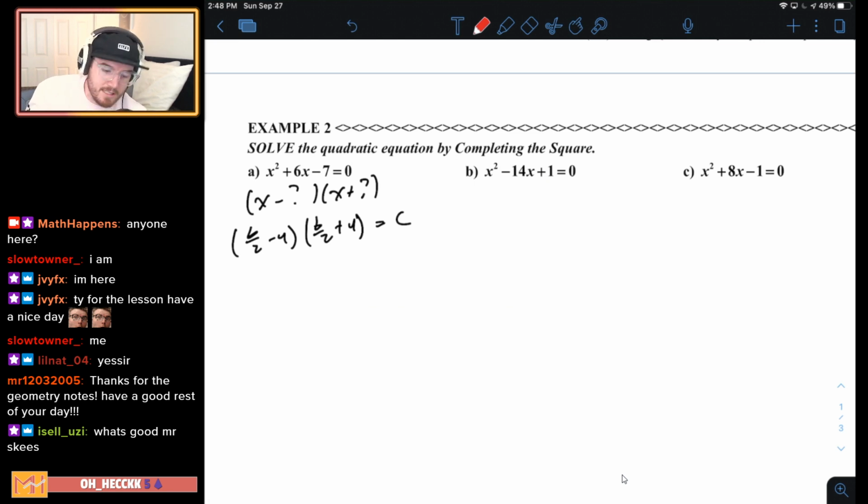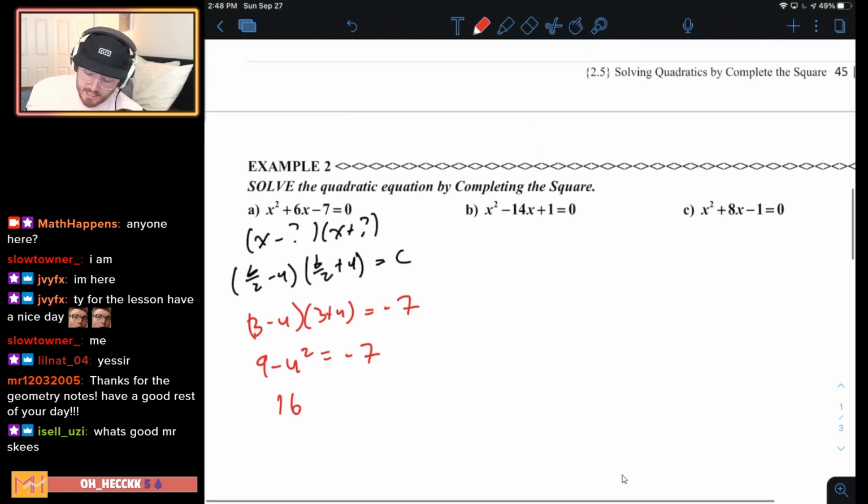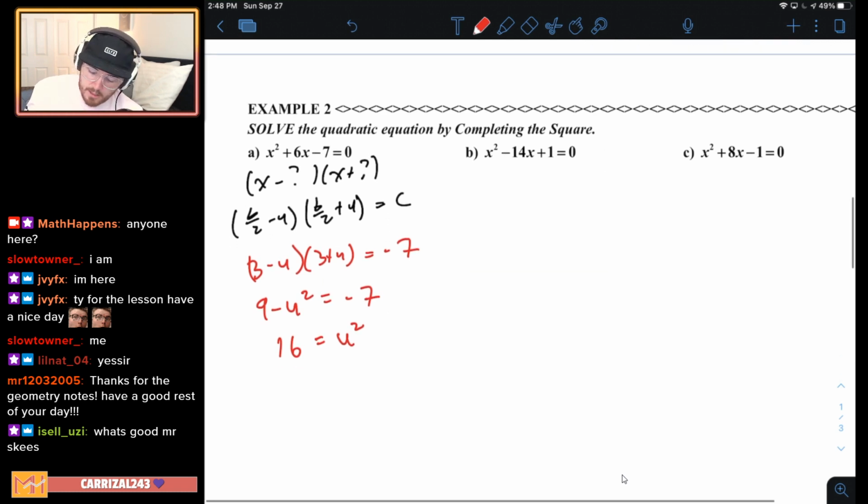What is b? B is 6. So 6 divided by 2 is 3. So 3 minus u times 3 plus u equals c, which is negative 7. So 9 minus u squared equals negative 7. We're going to move the 7 over. We get 16. And while we're at it, move the u squared to the other side, and we get positive u squared. Take the square root, and we end up with,